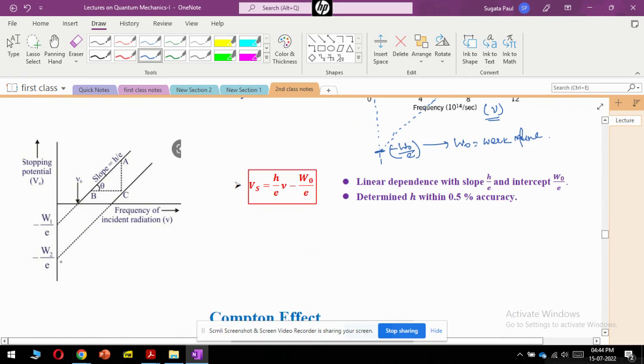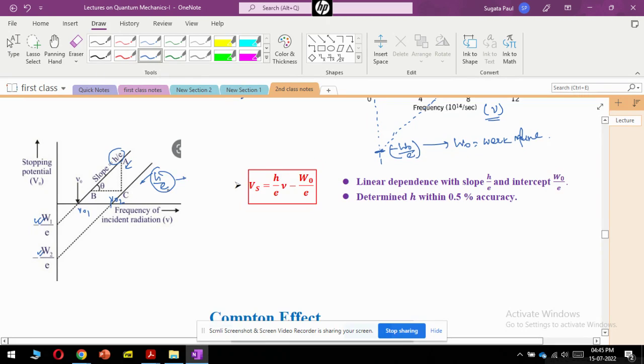So basically for two different metals the work function will be changing, because this is a characteristic of the metal, and as a result this nu naught 1 and nu naught 2, that means, we have already said that this cutoff frequency also depends on the type of metal. This will also be changing, but the slope remains the same. That's why they are two parallel lines, because they have the same slope h by e,